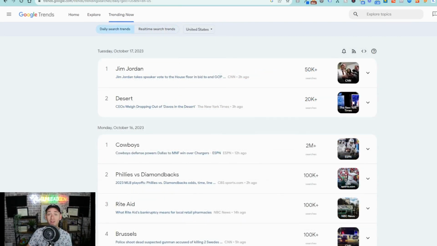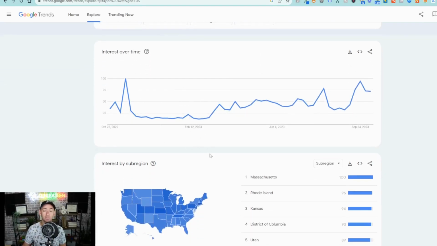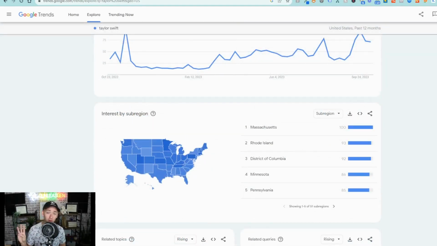This tool can also help spark a ton of ideas. For example, as I scroll through this and I'm not seeing Taylor Swift, I immediately am curious about how she's trending. And I can dive into that data by time as well as by location. Which brings us to our third process of identifying opportunities using Google Trends, and that's the related topics and related